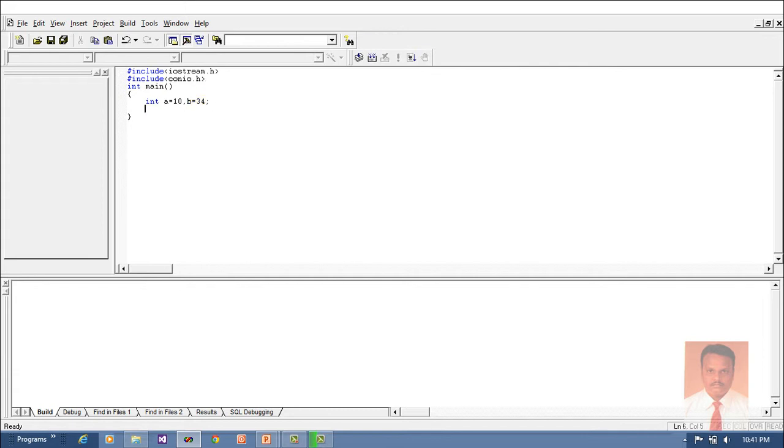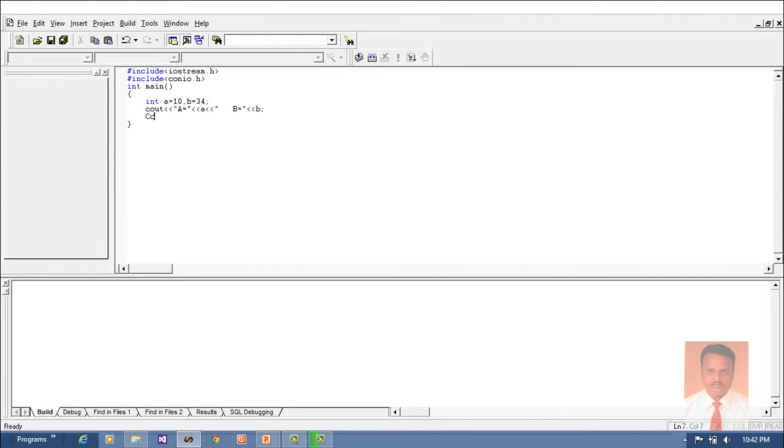So now I'm going to display the values. Let us say cout, a equal to, I'm going to display a value, and let us say some space, and b equal to, I'm going to display the b value, and then I'm going to add these two values.